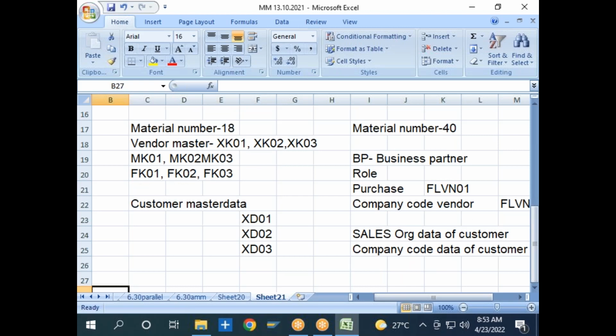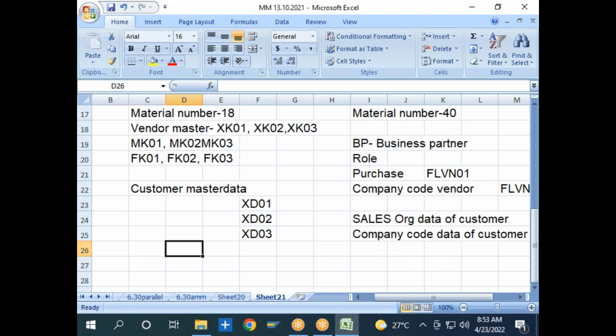Apart from this, there are also configuration changes. In the case of the vendor master data, you create the configuration as a vendor account group, create number ranges, and assign those number ranges to the vendor account group. But here,